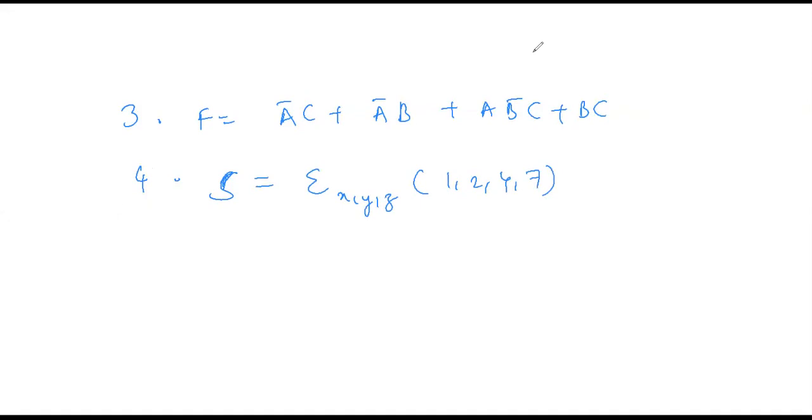In the next class, we'll go with the forming rules. Okay, the main rule of forming groups is cell adjacency only. Based on that cell adjacency, we have some rules. We discussed that, and we'll go with the 4 variable K-map in the next class. If you have any doubt, you can ask me. Otherwise, we will end the session.